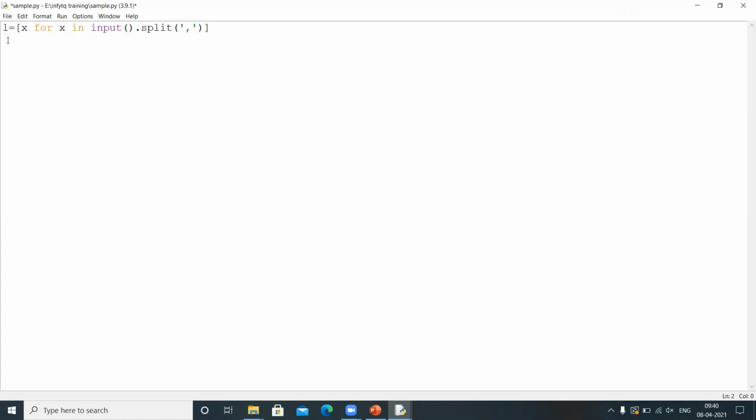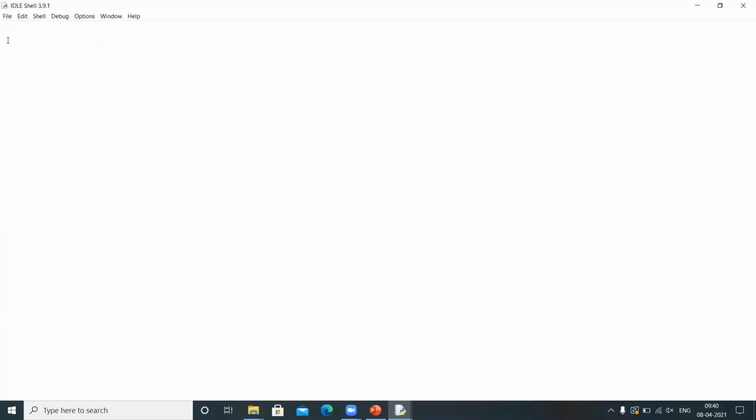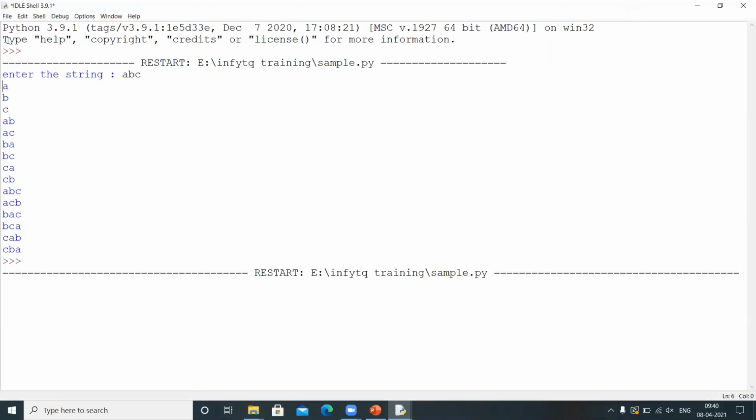Now let me write print L and show you what will happen. For example, if I had given a test case like 3 2 4, some test case like this, you can observe the numbers printed as a list.